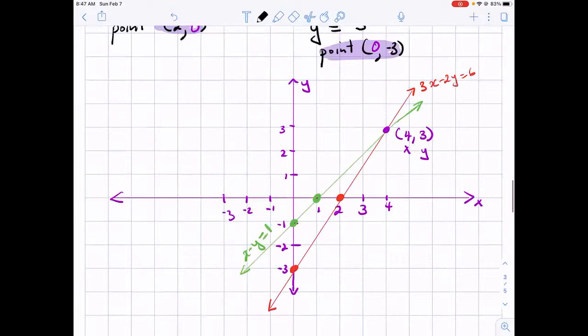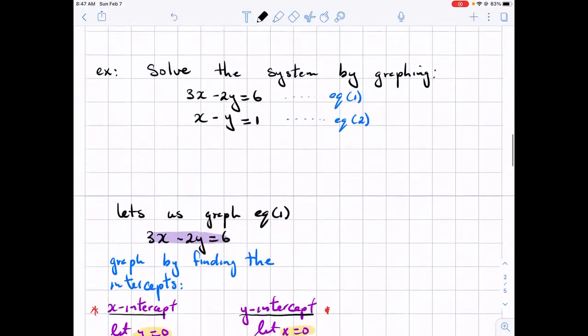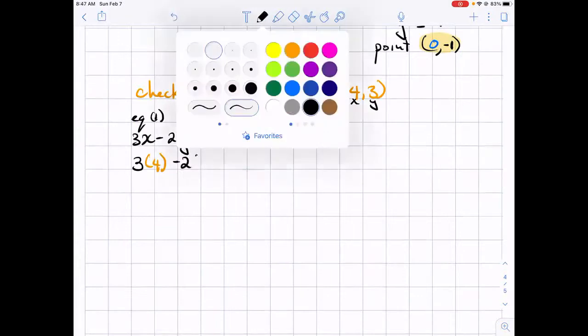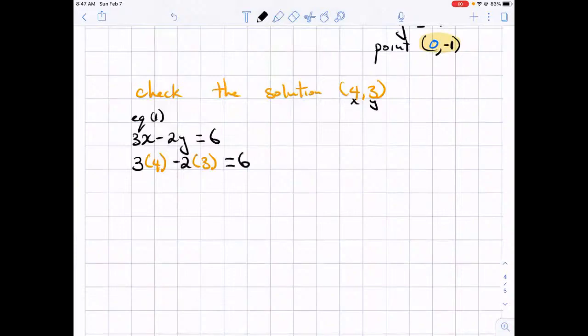Remember, I labeled my equations then. This is my first equation, and this was my second equation. In that equation, we want to replace x with 4 and y with 3 and see if this is equal. So 3 times 4 is 12, 2 times 3 is 6, and 12 minus 6 is equal to 6,